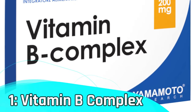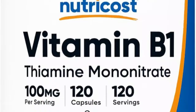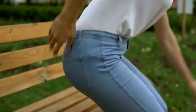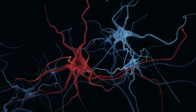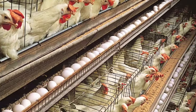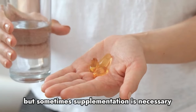Vitamin B complex. Our first powerhouse is the vitamin B complex, comprising B1, B2, B6, and B12. These vitamins are essential for nerve health. They support the myelin sheath, a protective covering around nerves, ensuring optimal function. Foods like fish, poultry, eggs, and leafy greens are rich sources, but sometimes supplementation is necessary, especially for those with